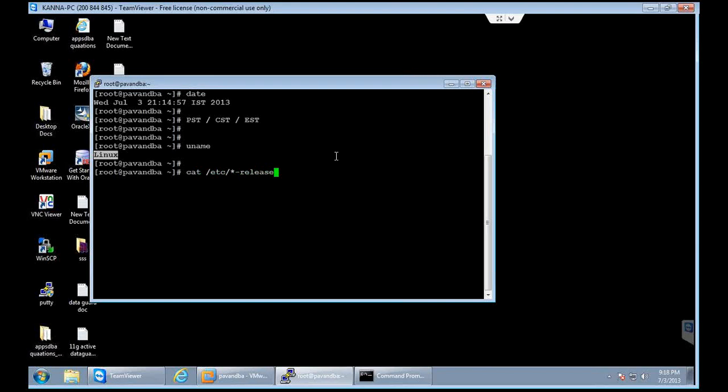You need to run cat /etc/*-release. This is going to show you the flavor of the Linux operating system.